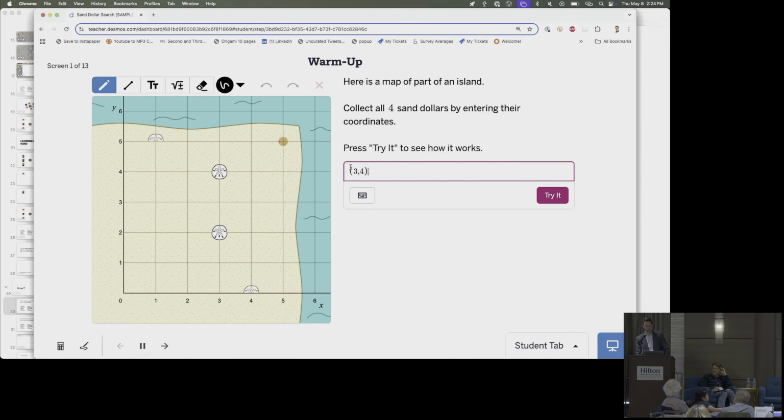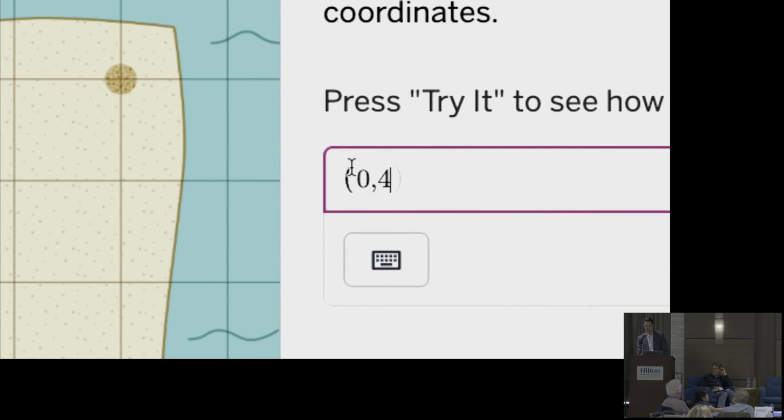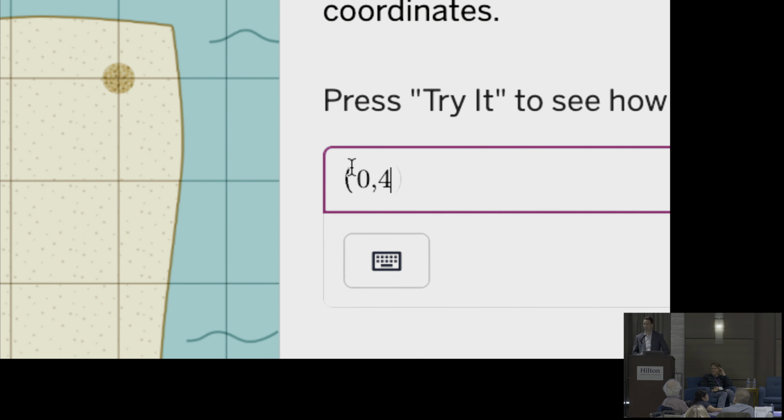Does anybody know one of the most common ways that students are wrong here? What would a wrong but thoughtful student say right now? A wrong but thoughtful student will often say 0-4. And I just want to say, in the current ed tech landscape, what happens most often is the software tells the kid, you're wrong. That's it. It'll give them like a resource maybe. Maybe an AI chat bot will pop up and say, I can help you be right.